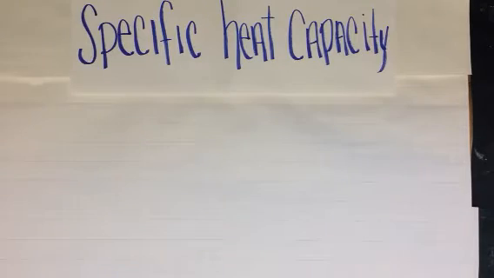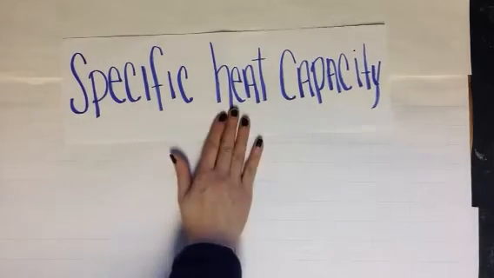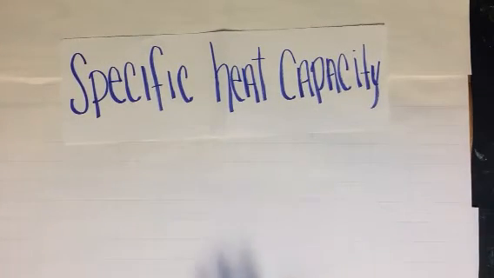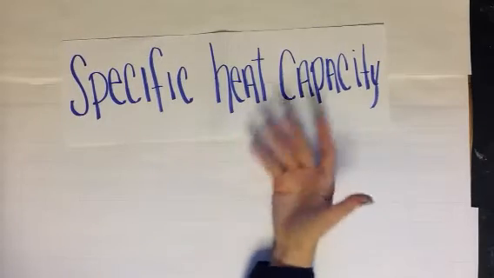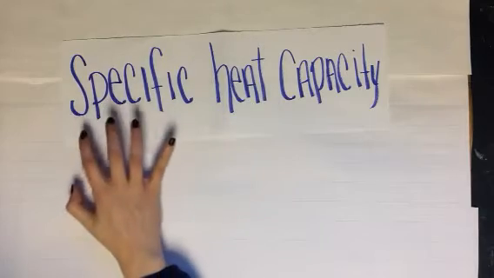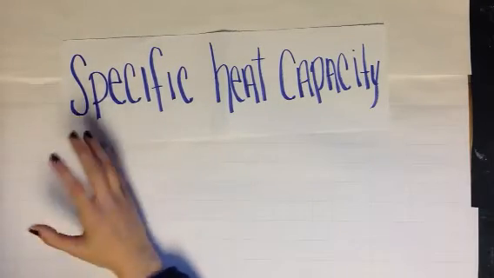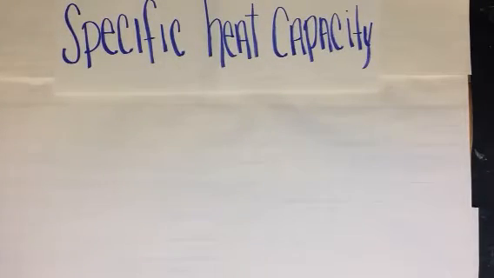Now, what does specific heat capacity mean? If we think about the words specific, heat and capacity: capacity is an amount, a maximum capacity. It's how much something can hold. And we're talking about heat, so heat capacity refers to how much heat, how much energy, something can hold. And when we talk about specific, we must be relating to different things. So specific heat capacity in a formal definition is